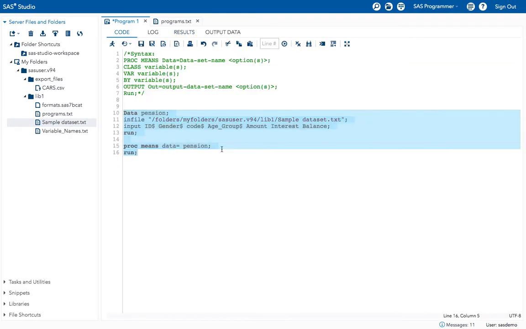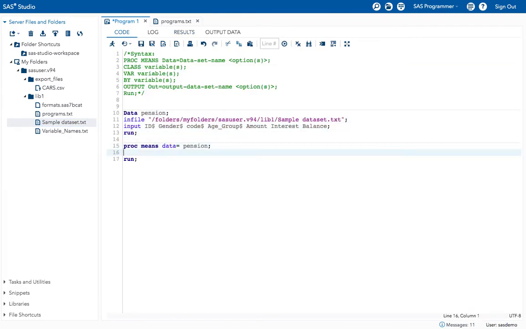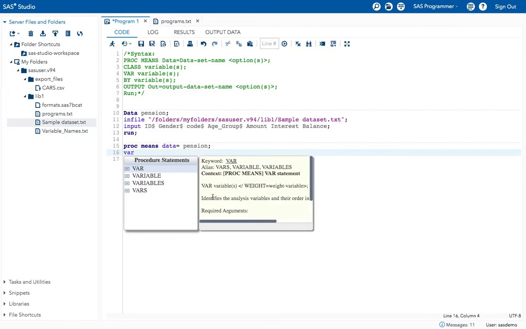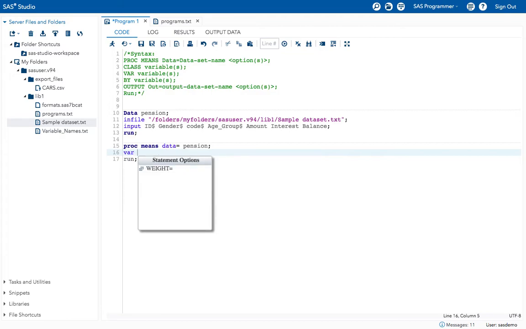For example, if you want to generate the mean values for specific variables only, not for all the variables, you can specify the variable names by using this var statement. Give here var. This is used to generate for the specific variables.